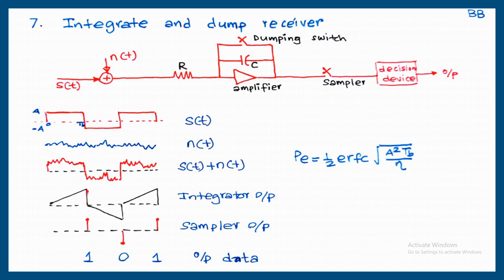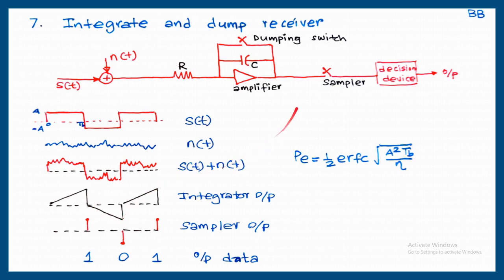Practically it won't be a vertical line. There will be a smooth wave like this. Here I am showing a sudden discharge, which is not possible practically. So discharging back to 0. Now there is a negative voltage. Again the capacitor is charging. So the capacitor voltage will be at its peak at the end of the bit interval.